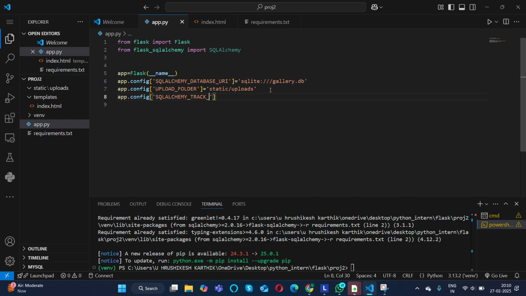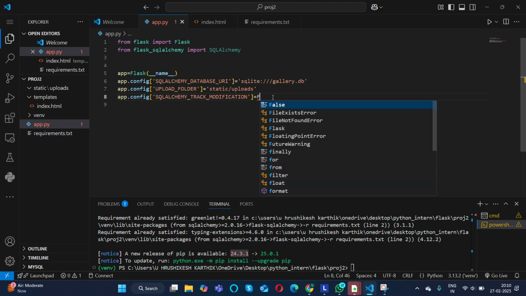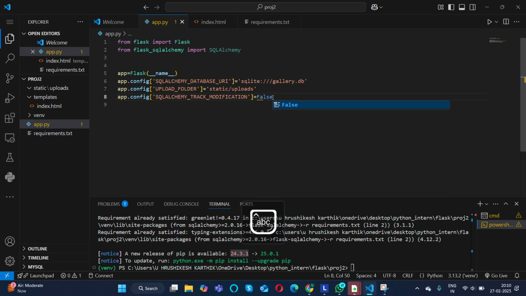SQLALCHEMY_TRACK_MODIFICATIONS, we need to set it false. Even if we don't write this statement it runs, but it's good practice to write it because it shows a warning while we are executing. Like in red color, it shows a warning. It's not a good practice. So I'll set it false so that it doesn't show any warnings while executing it.